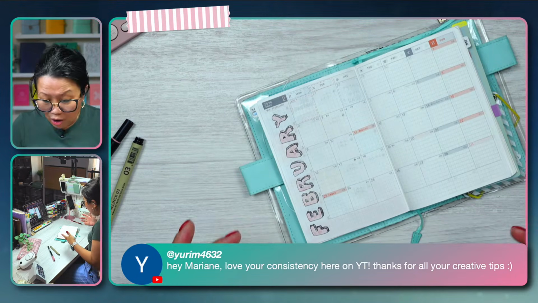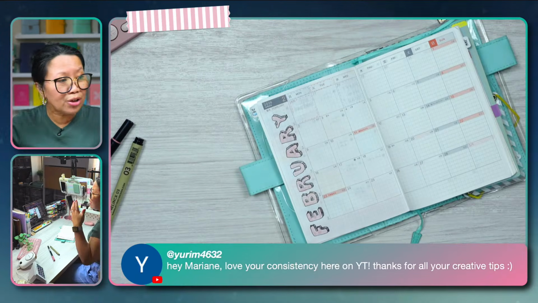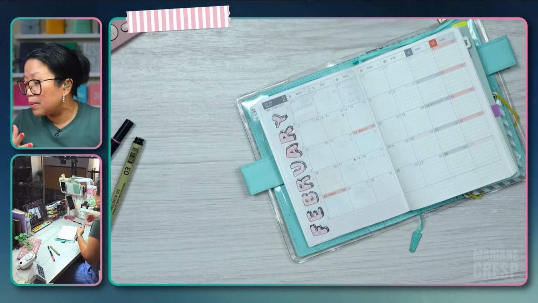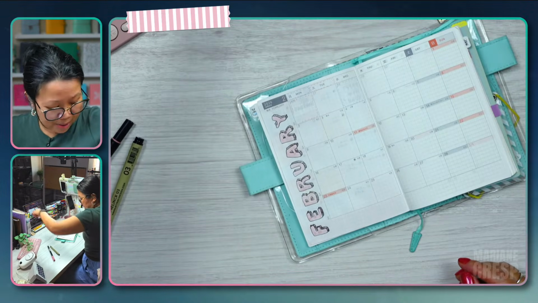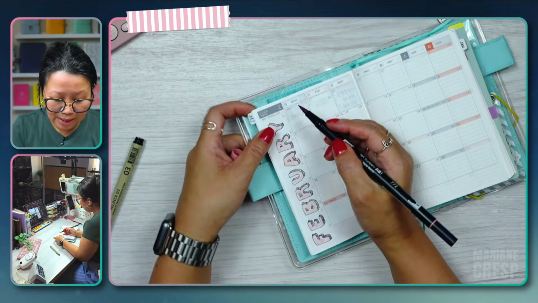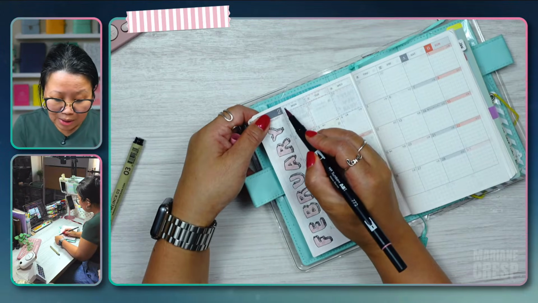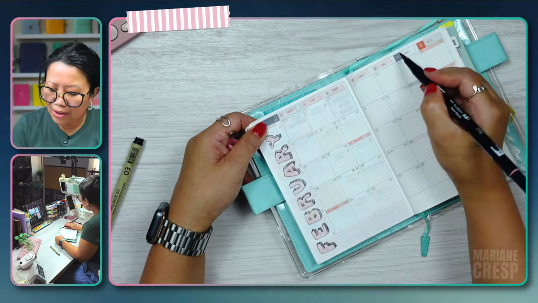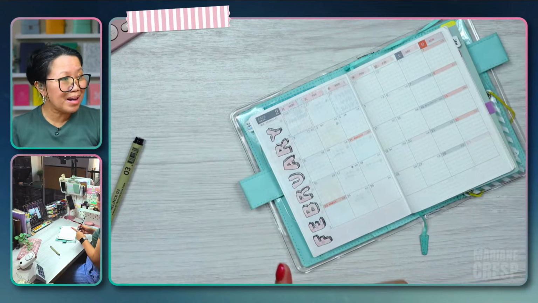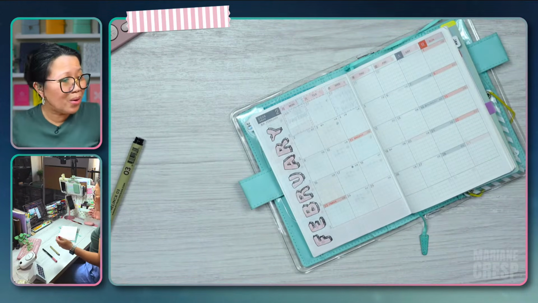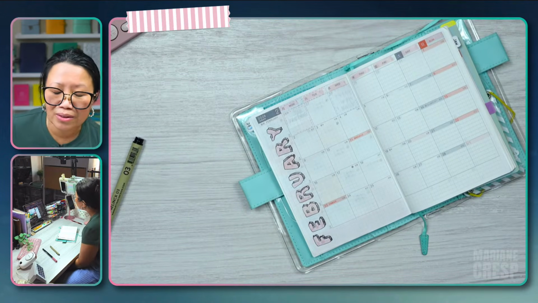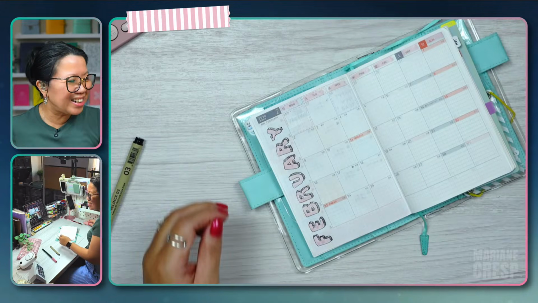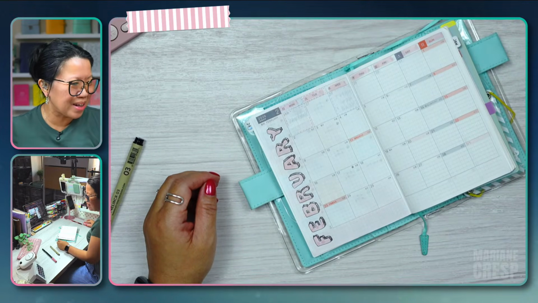Sometimes I think that I'm not on enough or I'm on too much. You know how we always, well, not everybody, but I know a lot of us are very doubtful of ourselves sometimes. We have our limiting beliefs. And so I thought, you know what? I'm going to be setting up my planner pages anyway. Why don't I just take you guys along with me?